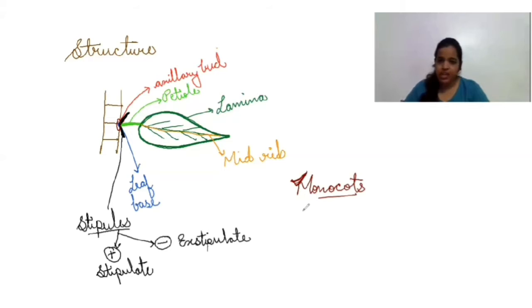Direct line is given. Then we have another point, that sometimes in some specific plants, let me show you. This is the stem, and here the leaf is attached, right? Now sometimes what happens, at the leaf base, the leaf base becomes a bit swollen, and this leaf base is now known as pulvinus.